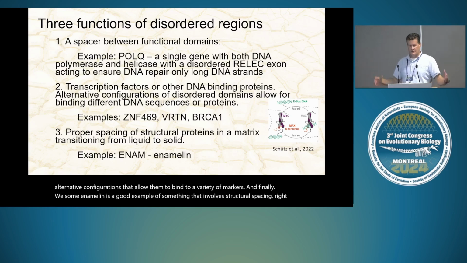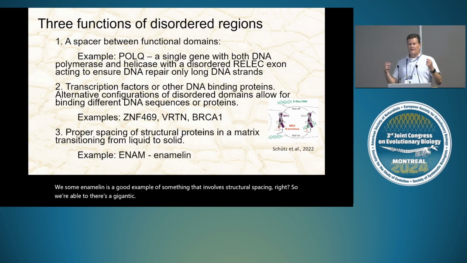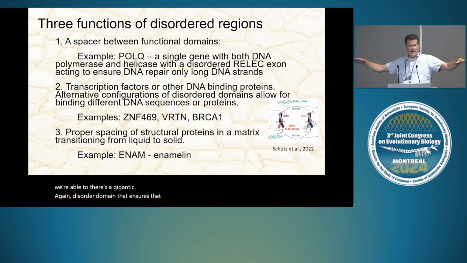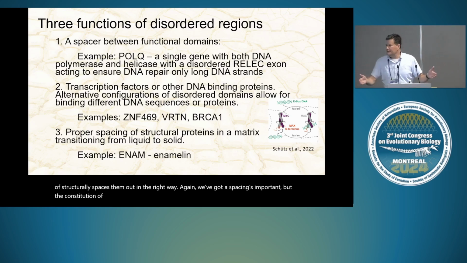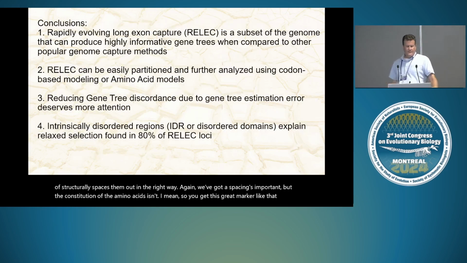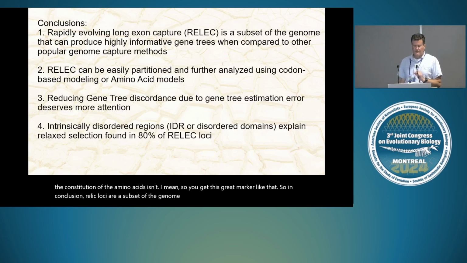There's a gigantic, again, disordered domain that ensures that enamelin is laid down in a matrix in a way that structurally spaces them out in the right way. Again, spacing is important, but the constitution of the amino acids isn't, and so you get this great marker like that. So, in conclusion, relic loci are a subset of the genome that produce highly informative gene trees that